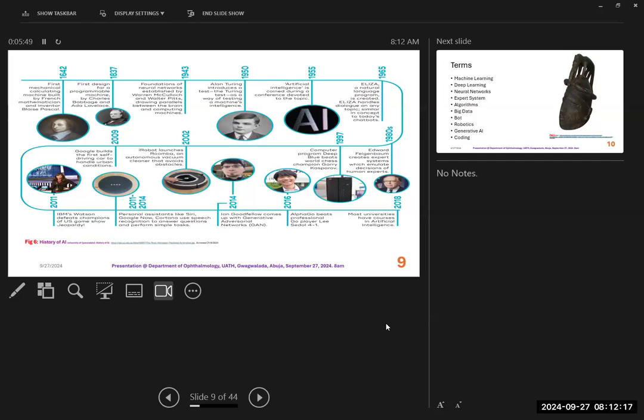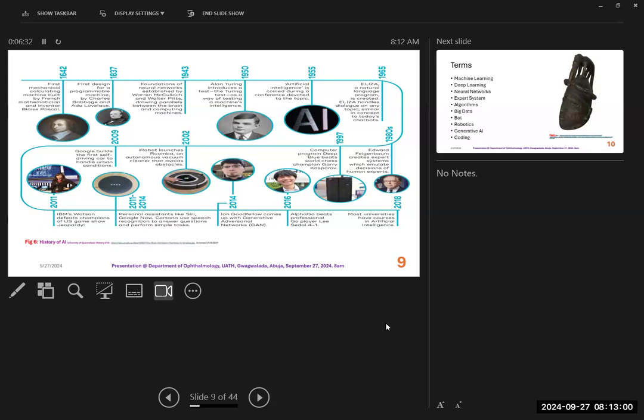Then in 1997, there was a computer program called Deep Blue. This Deep Blue was able to beat the world chess champion, Garry Kasparov. We are taking time to go through this so that by the time we are talking of convolutional neural networks, and how they are used for imaging, retinal fundus imaging, CT scans or CAT scans, among others, we'll be able to appreciate that there are backgrounds to all those uses.